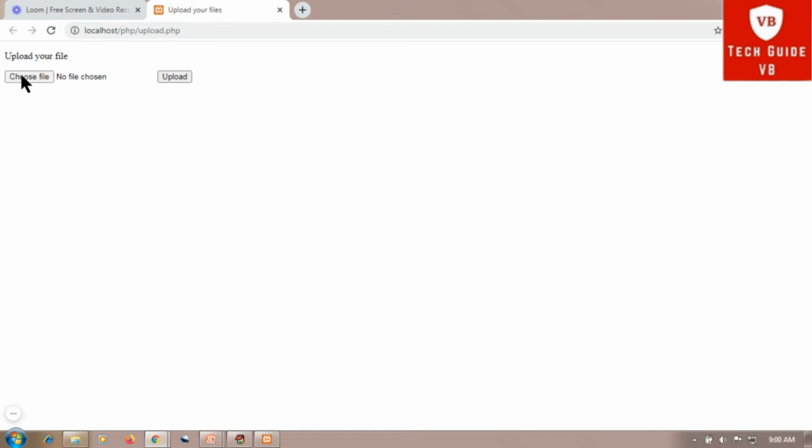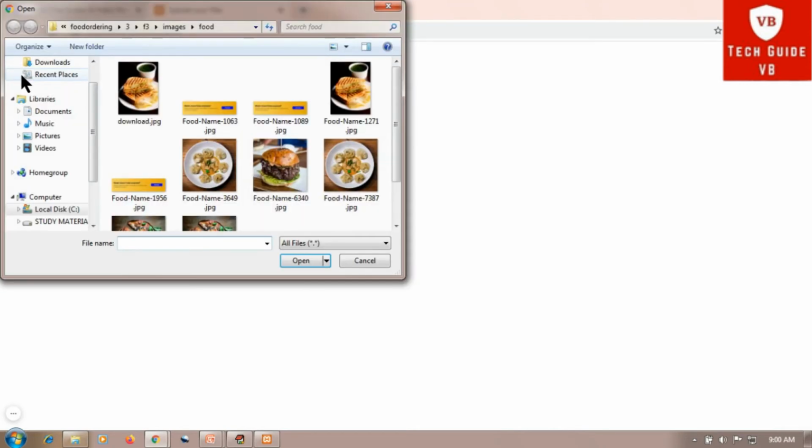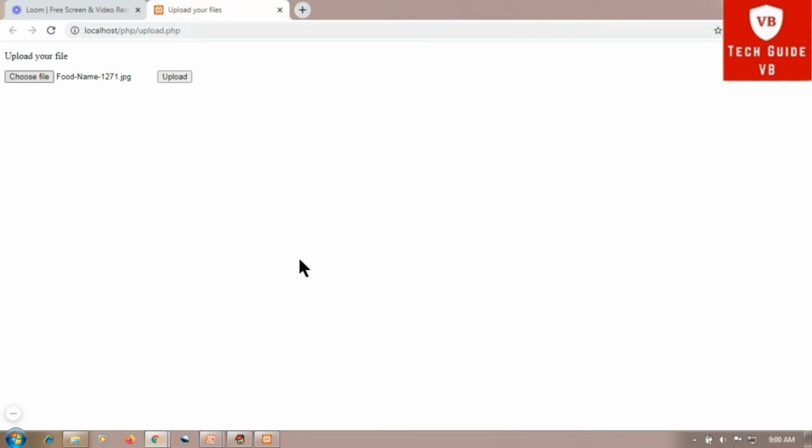So choose the file. Here I will choose the image file, food name. So this is the file which I have chosen, and then I have uploaded. A message is given here: the file food name 1271.jpg has been uploaded.